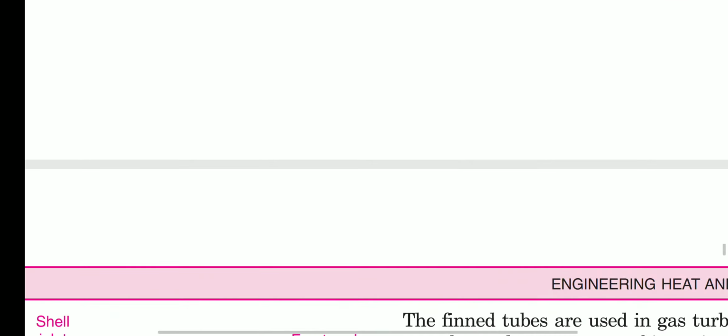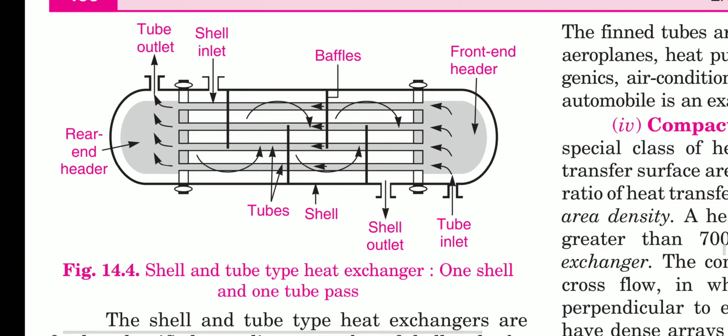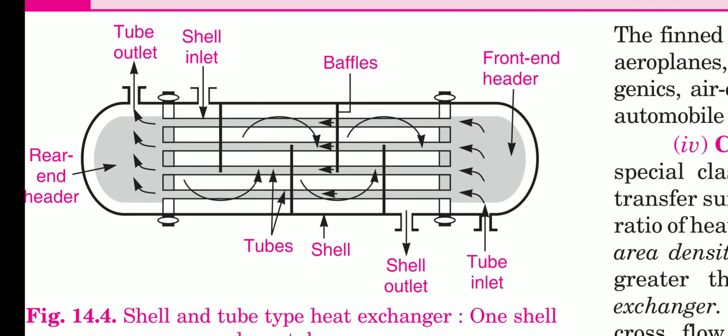I think there is a figure which is self-explanatory. This figure, let's see. So here we have a shell, and on this shell there are so many tubes occurring, and one fluid will come to the shell side and another fluid will go to the tube side, and heat exchange occurs between shell and tube side fluids. And we have baffles over here to orient the flow for better heat exchange capacity.